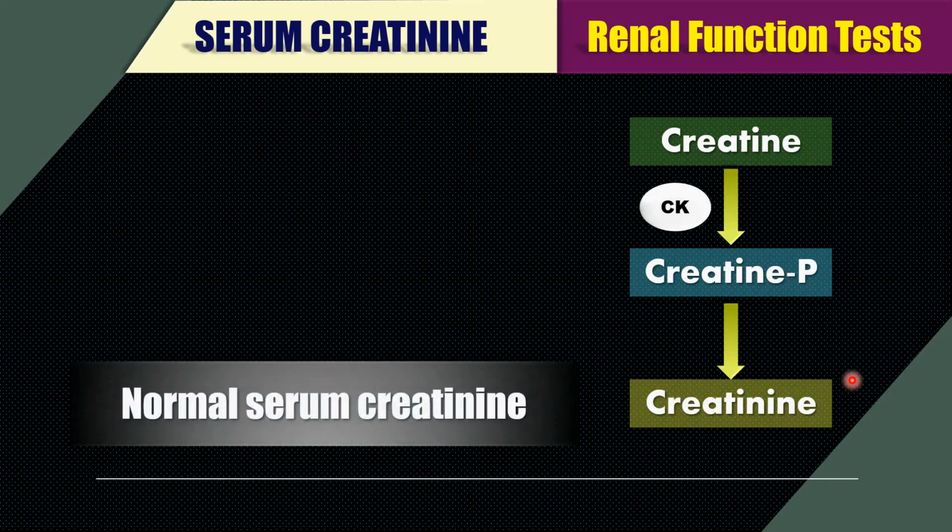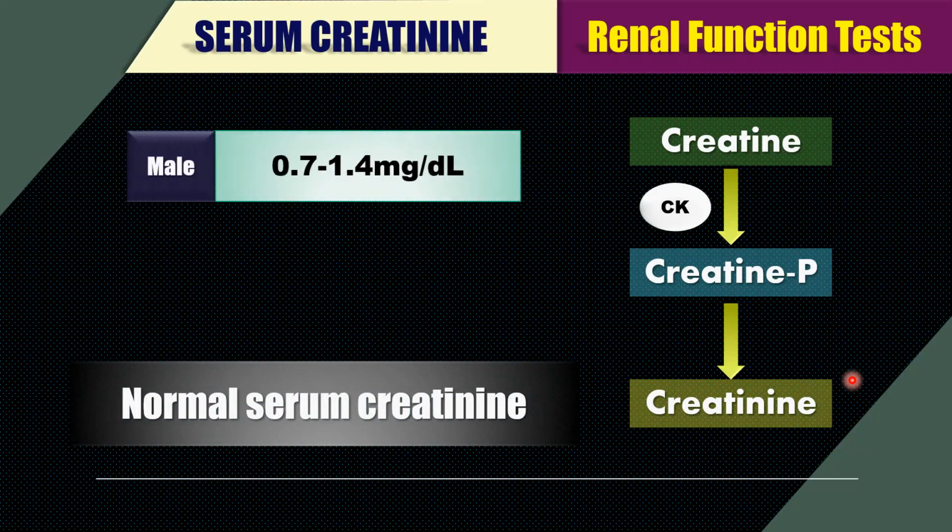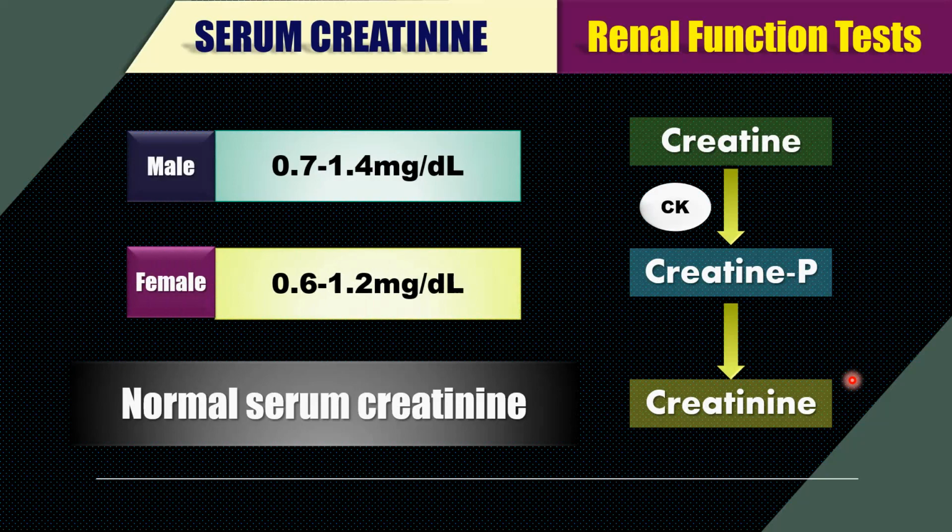So normal serum or plasma creatinine level will be slightly more in the male, about 0.7 to 1.4 milligram per deciliter, and in the female it is 0.6 to 1.2 milligram per deciliter. Since we know creatinine is a product of muscle metabolism, it depends upon the body weight or muscle mass. And please remember, this value could be different in different laboratories because it depends upon the method they have adopted